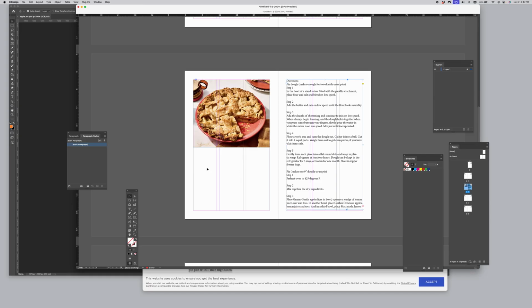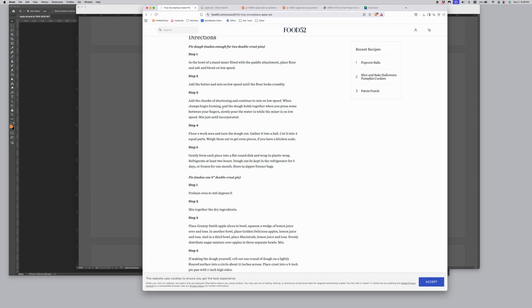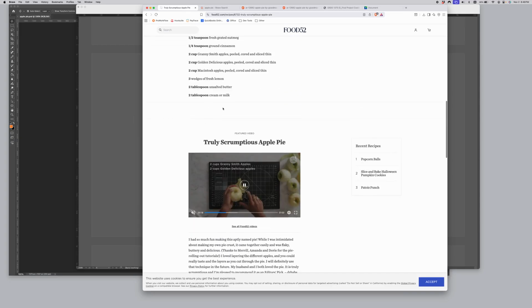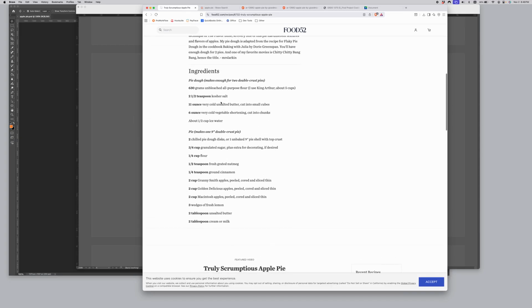And then I need a table that's going to hold the ingredients. So I'm going to go back, grab the ingredients, copy that,